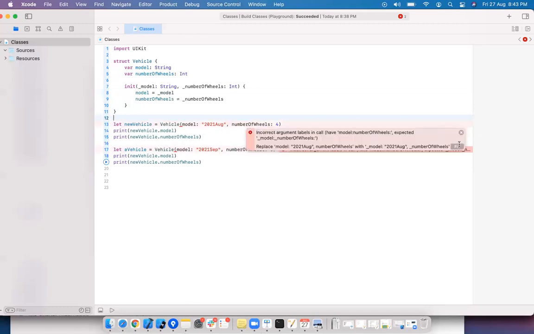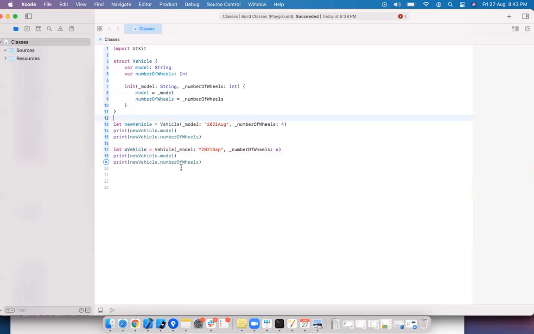Now we need to change the default initializer to our custom initializer. By default, it creates with the same parameter names. We have changed it to underscore plus variable name, so whenever you are calling it, you need to use the same notation.